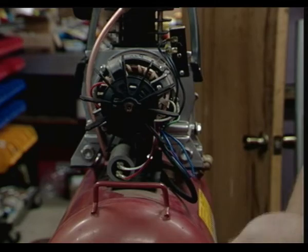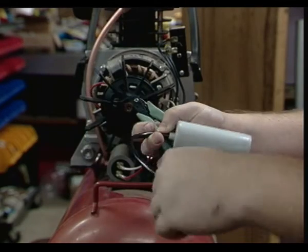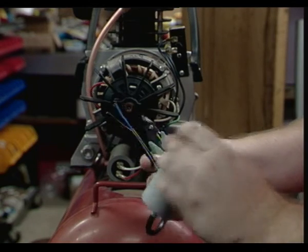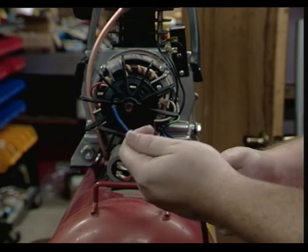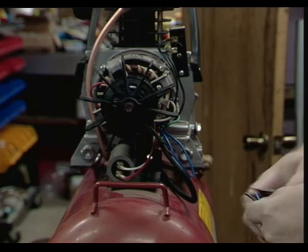But this capacitor here. Hi. Yeah, there's the capacitor. I'm acting like the microphone's a camera. Sorry, guys. It is bipolar, so it doesn't matter which way we hook it up, even though there's different colors. Yeah, it came with spade connectors. You just cut those off because you're going to splice it into the...